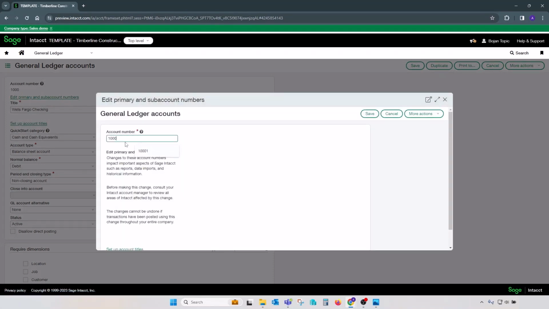In my case, I did not increase the size of the field, but should I have done that in the step before, I would be able to enter those additional characters to that GL account. So basically, as mentioned before, your record ID, which is behind the scenes, remains the same, but the mask for the account number would be changed by increasing numbers to whatever number you have set up in the previous steps.